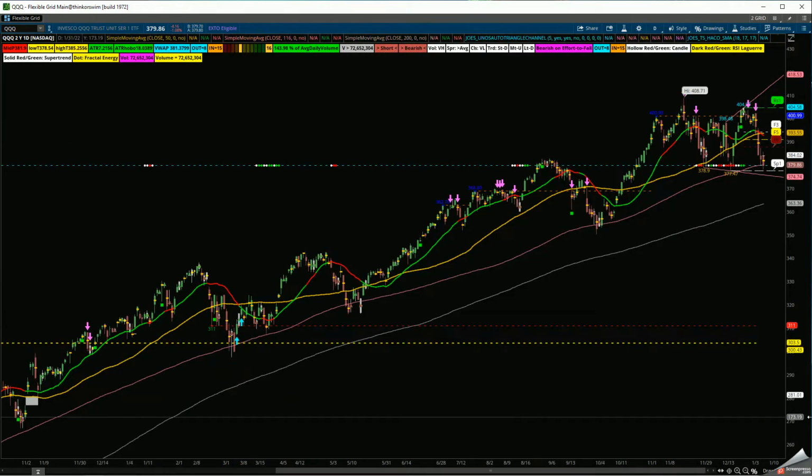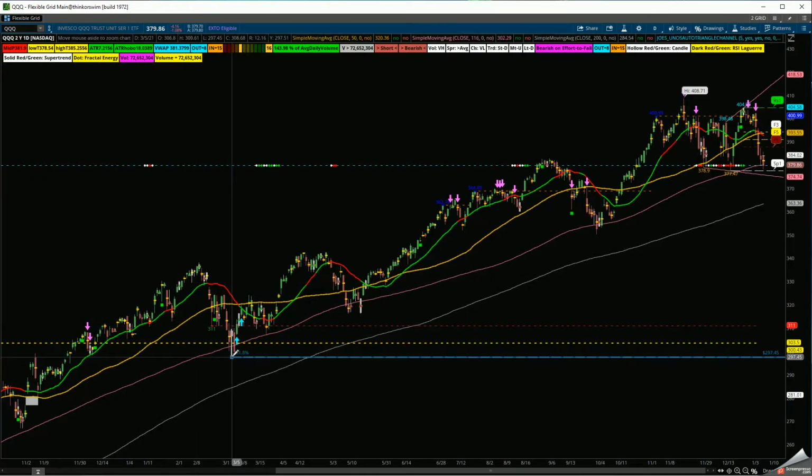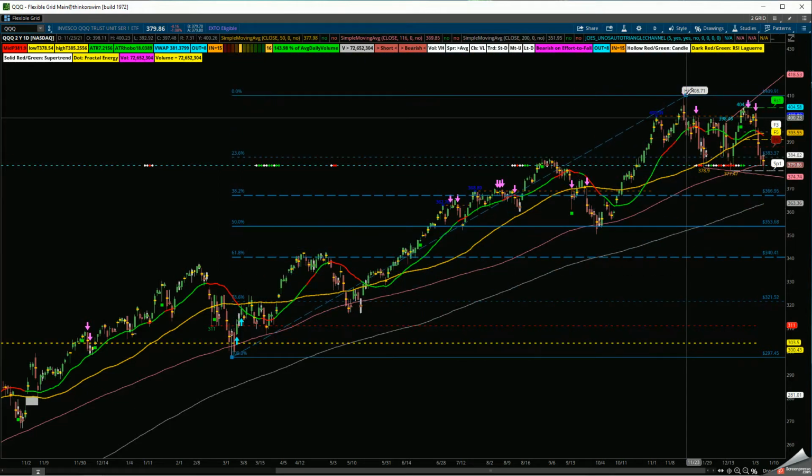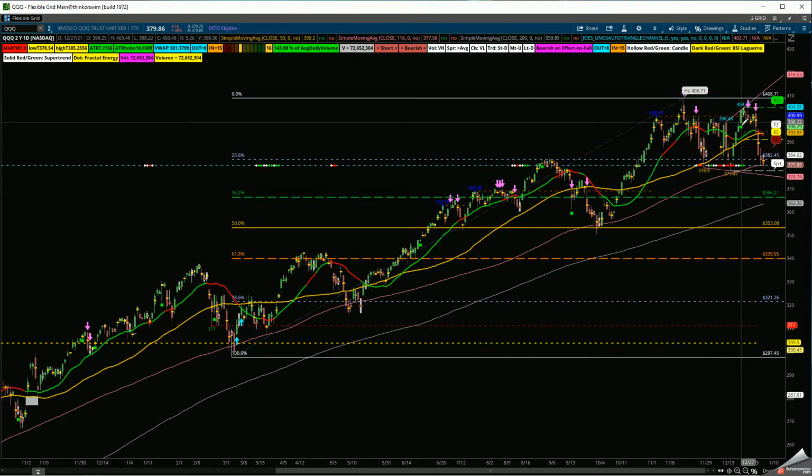I'm going to go to the January low. This is the January 4th. This is November. So the March low was actually the low for the year. We can grab it, extend it to the right, and this is our fibs for the year on the QQQ